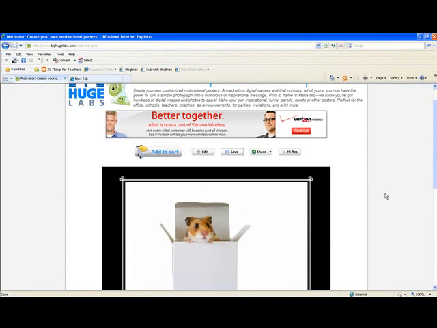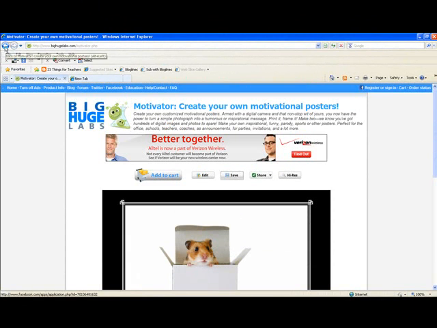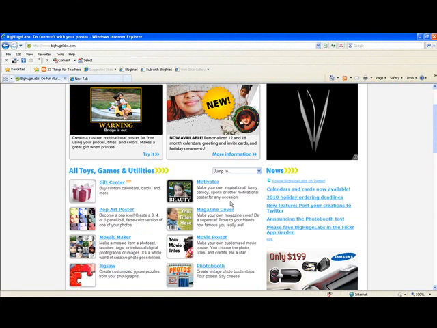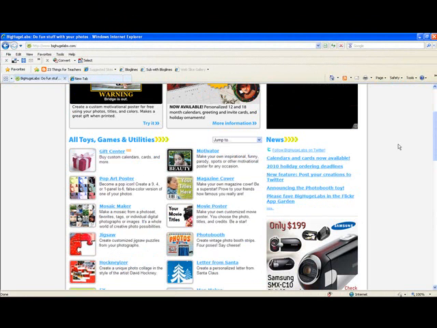Then I'm done. So I'm going to go back now to the main page at Big Huge Labs. What we just made was the motivational poster, but you have probably 10 or 15 other choices here that could easily be used in the classroom. You'll find that teachers can use this, students enjoy using it. The nice thing about Big Huge Labs is that you do not have to create an account to be able to use it,